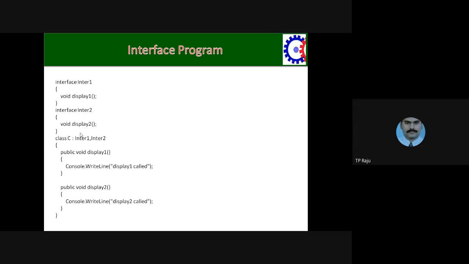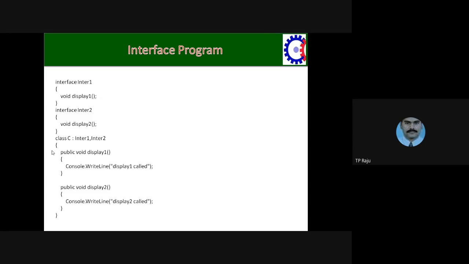Just one more interface you are creating. In that interface, you are putting the method display2. You wrote void display2(). You are declaring the display2 method in this inter2 interface. Here also you are not mentioning the public keyword because by default this method is also public.